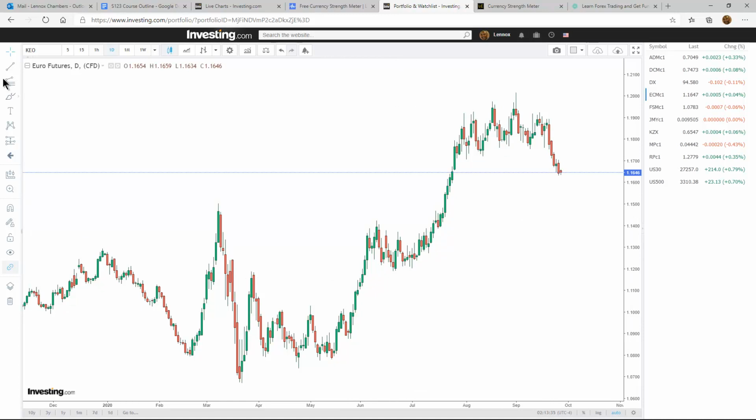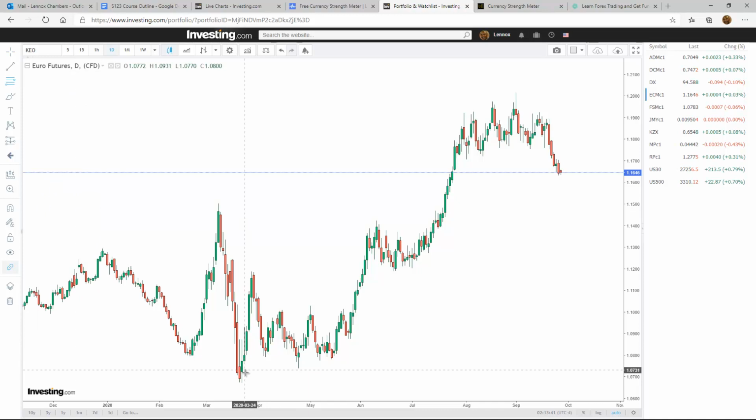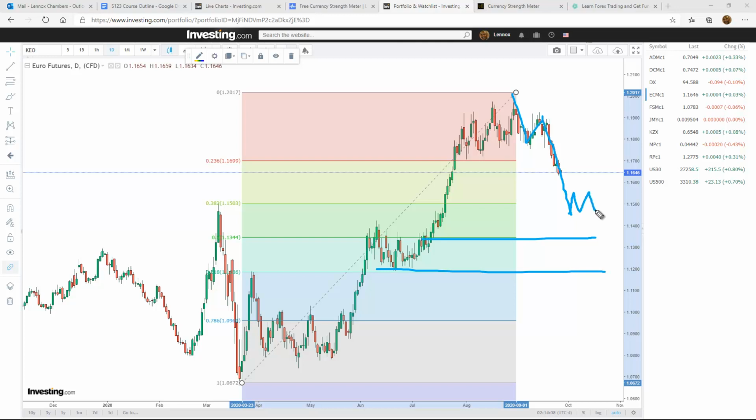So again, I can do the same exact Fib retracement of this current move, and we're again looking to come down to the 61.8, and you can see that's a support area right there, and 50% is right in here. And so we have a 1, 2, 3 top, and we would expect price to continue down and touch that area. Again, we could also see some type of gyrations in here before it gets all the way down, but